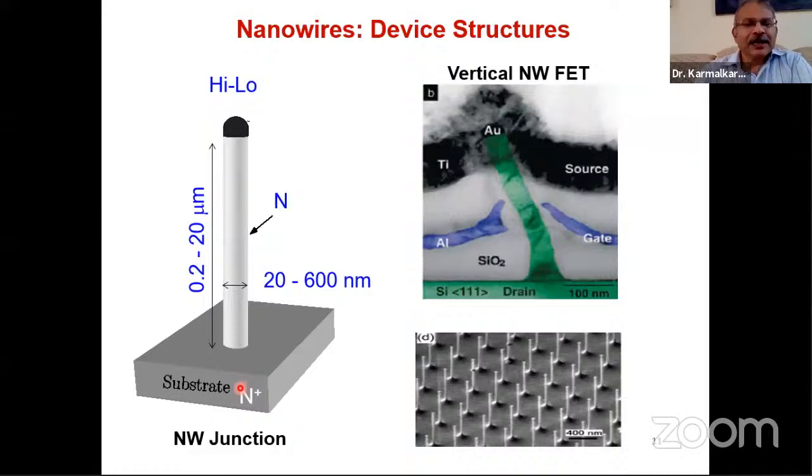What is a PN junction? One side doping is P type, the other side doping is N type. What is a Schottky junction? One side is metal, the other side is semiconductor, and the metal to semiconductor contact has a rectifying property. Then it is Schottky. What is an ohmic junction or ohmic contact? It is a metal to semiconductor contact which is non-rectifying, which follows Ohm's law, right? So these are the different nomenclatures we should be familiar with: PN junction, high-low junction, Schottky junction, ohmic junction. You can replace the word junction by contact if you want.